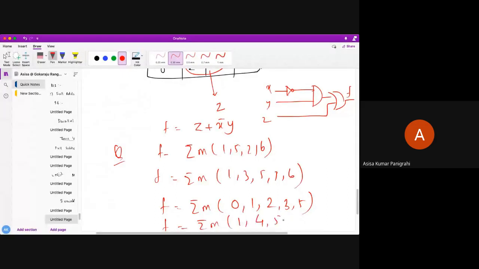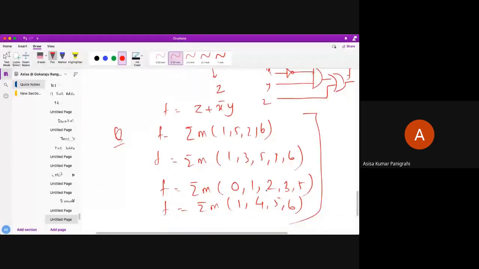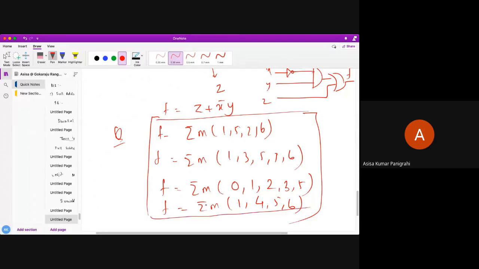Just try these questions and let me know what interesting things you are getting, how the combinations will be. I have told you everything in 3 variable KMap. In the next class, we'll start the 4 variable KMap. Okay, so do you all understand what you need to do? Just try to solve them. These are the functions you have to minimize and realize. Understand, students? If there is no doubt, we'll stop over here.